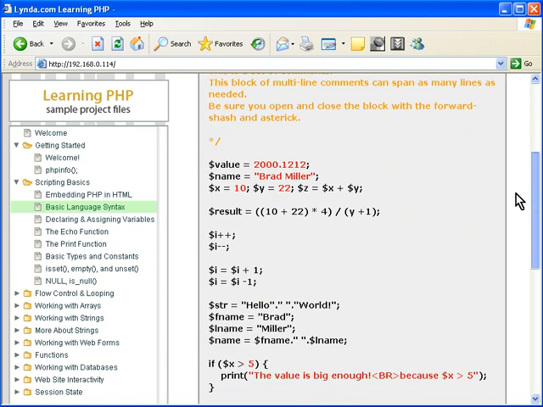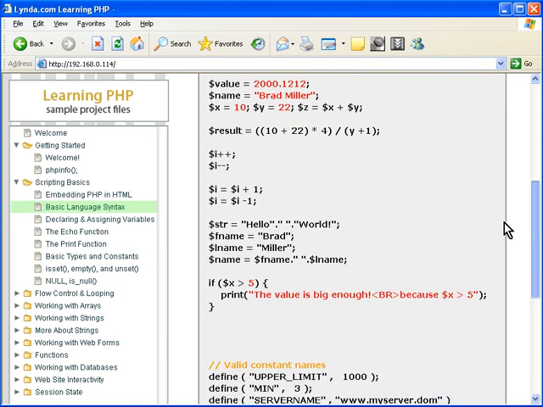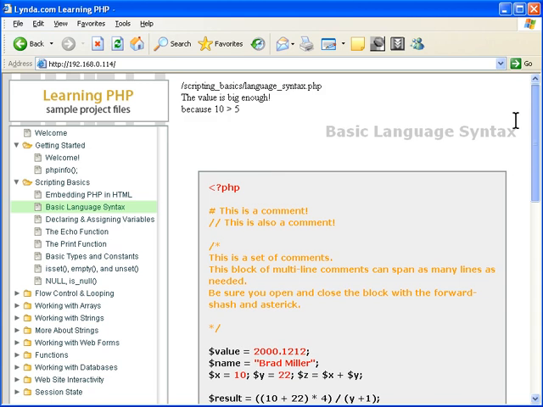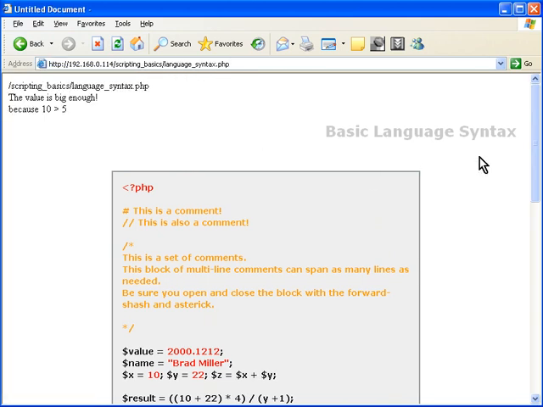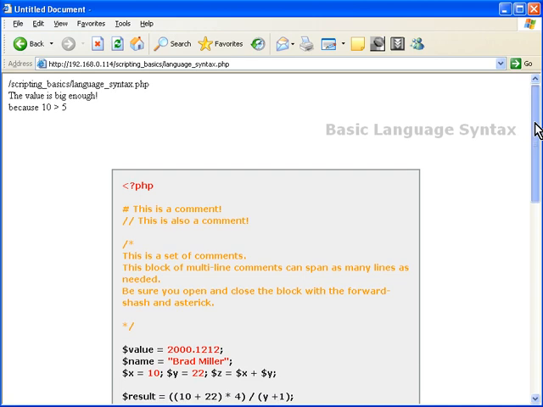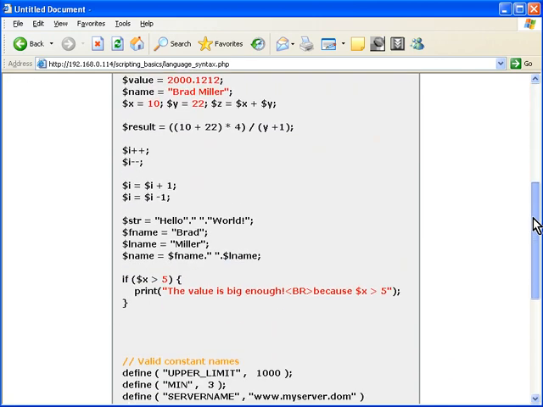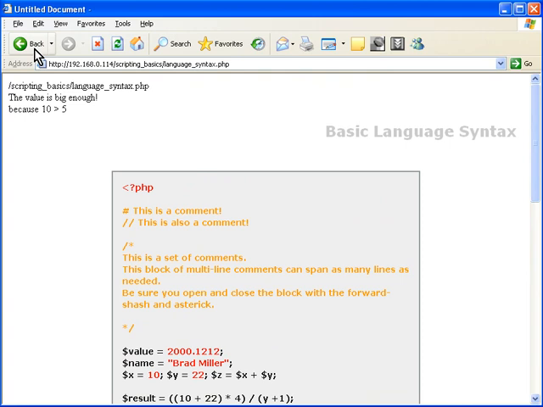We're going to take a look at different code snippets right within the interface here, and we're also going to be able to, at the top of the page, if you want to go directly to that page, because we're using a framed environment here, just copy this and paste it right onto your line there. And then you can just go right to that page and see how it works. We'll use this quite often, and it makes for a very nice way to explore the features of PHP,